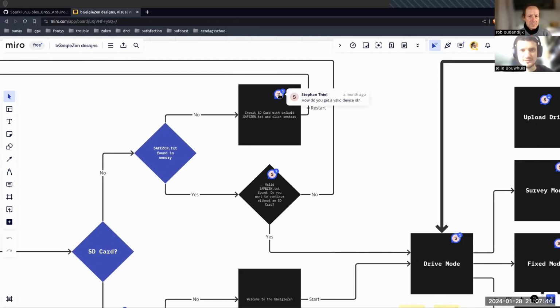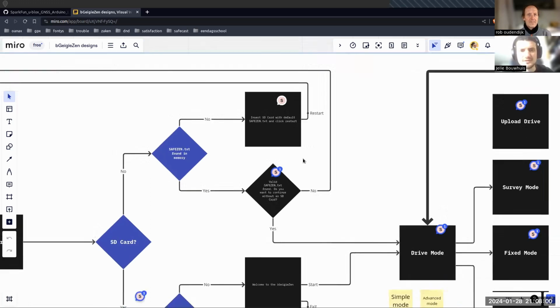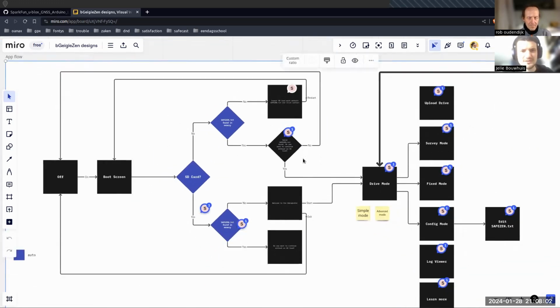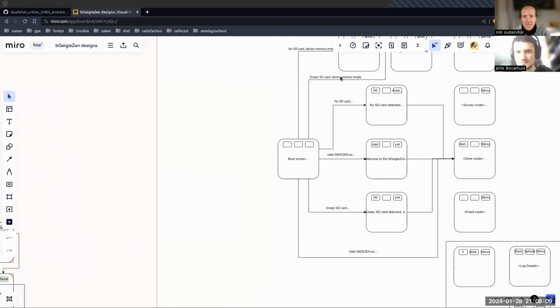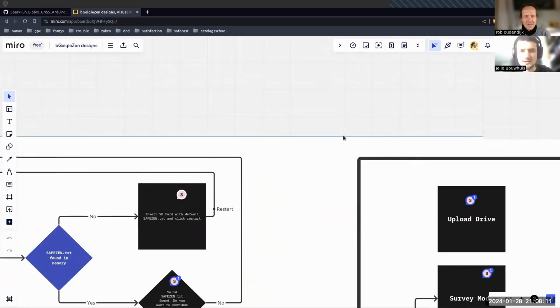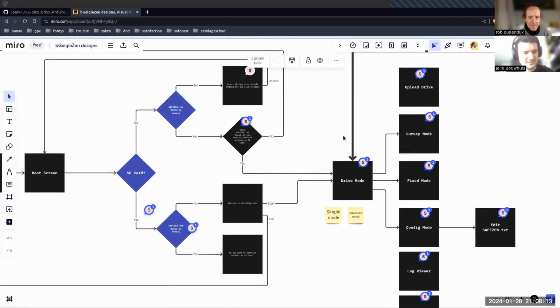Do you get the valid ID? Yeah, that's the message you get, like you have to insert an SD card config. I think the thing is this is like based on the old flows which we had over here. I think it's a bit different. It looks like that. Yeah. But we kind of changed our